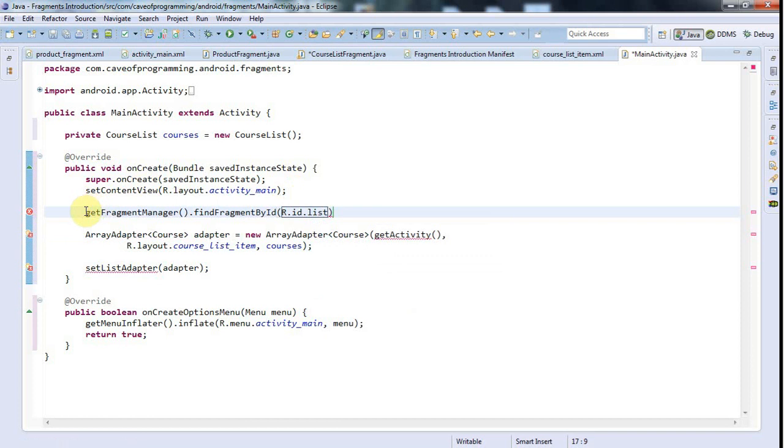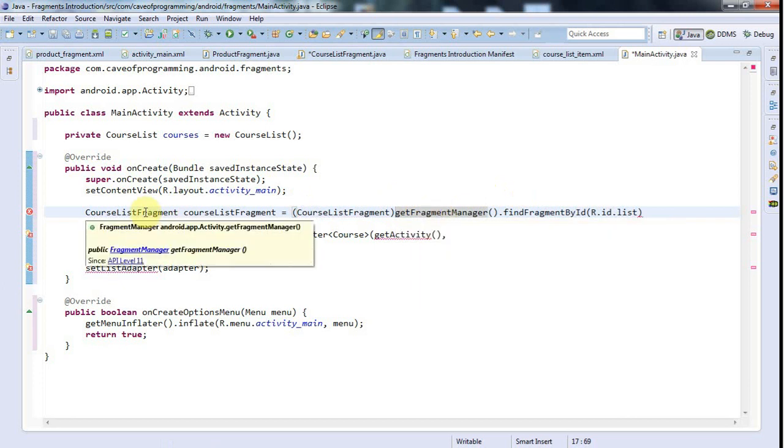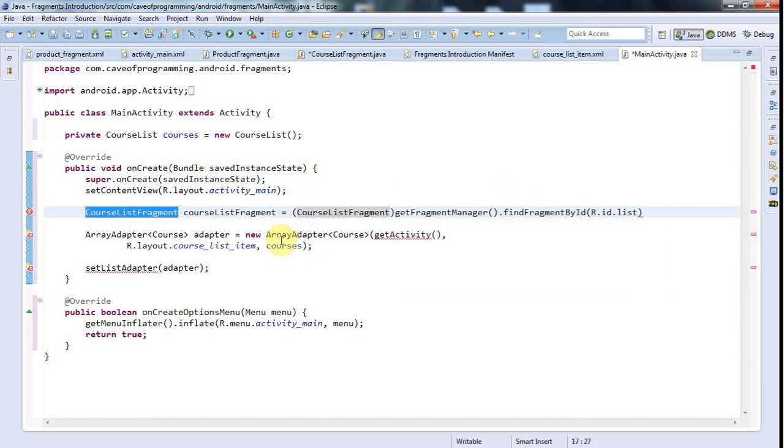So this is my list fragment, course list fragment. Let's say course list fragment, and I need to typecast the return value of this to, let's call it course list fragment equals course list fragment get fragment manager dot find fragment by ID, because this just returns a fragment and I want this specific fragment here. Then I can create my array adapter, and instead of saying get activity now, I can